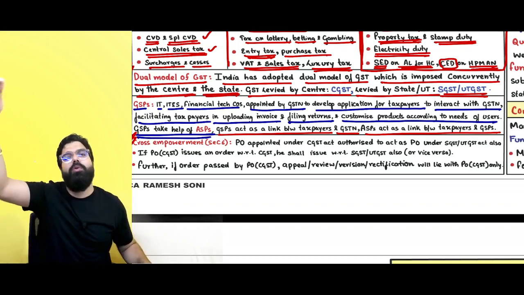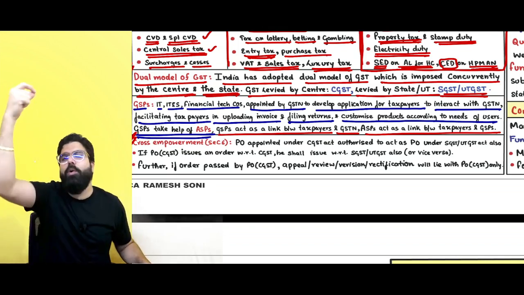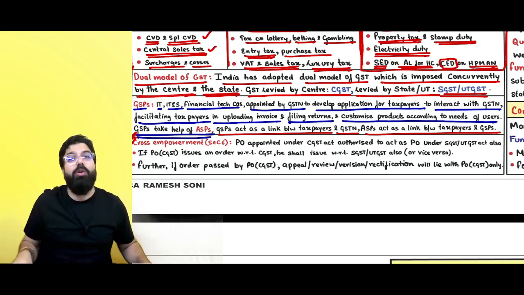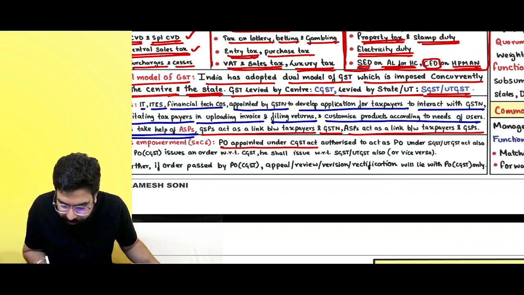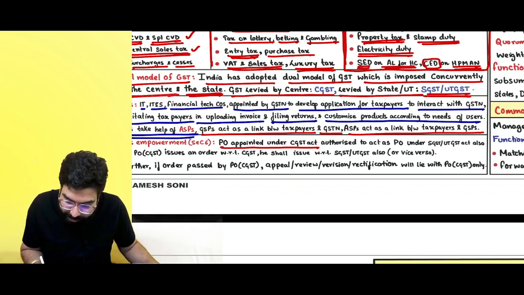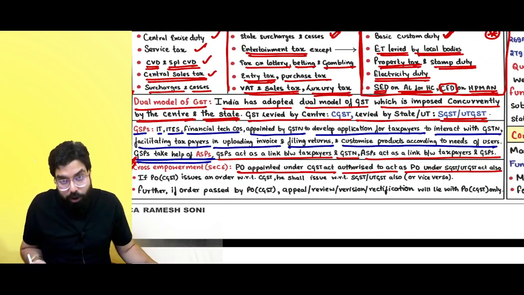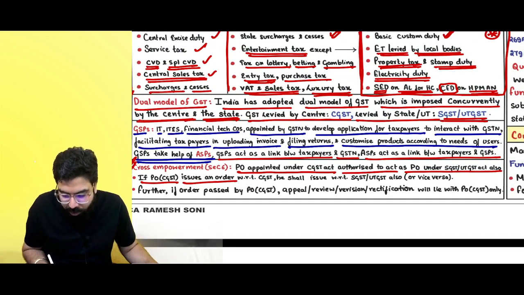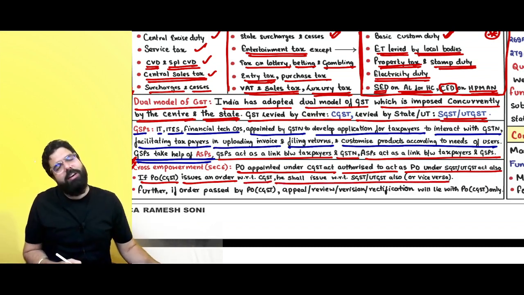If one officer is passing an order against me for the CGST amount, he will also pass an order against me for the SGST amount. That is what is meant by cross empowerment. It says a proper officer appointed under the CGST Act is authorized to act as proper officer under the SGST Act also. A proper officer under CGST who issues an order with respect to CGST shall issue it with respect to SGST or